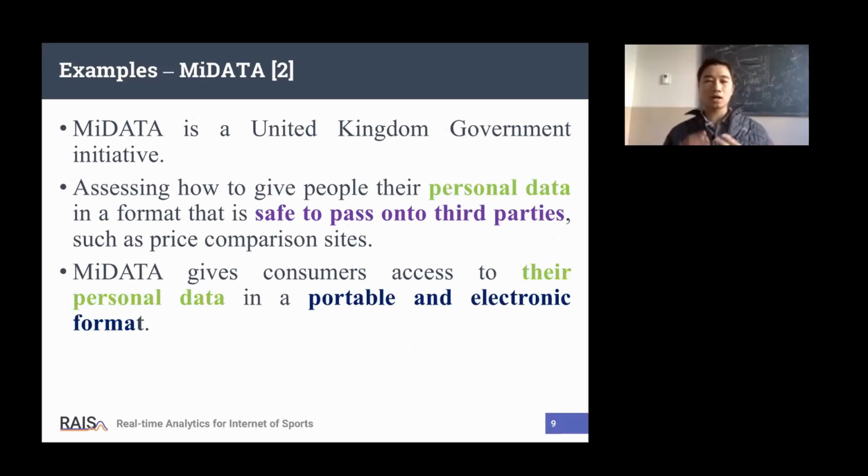External part. In this slide, I would like to present the two most common examples in the real world. First, midata of the UK government. In midata, you can see the definition easily on the slide.